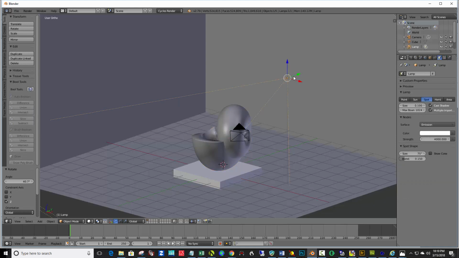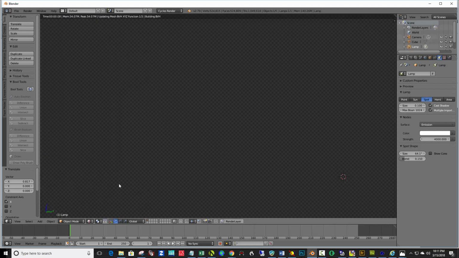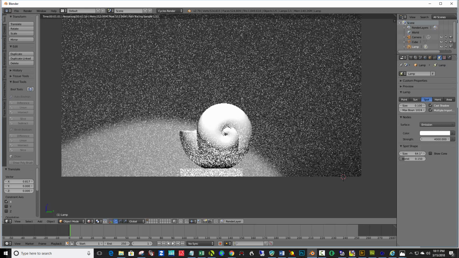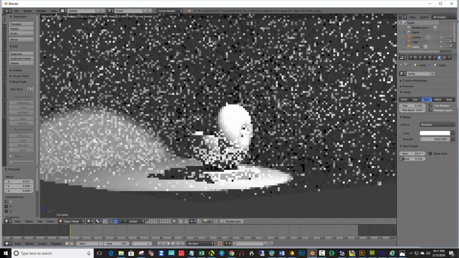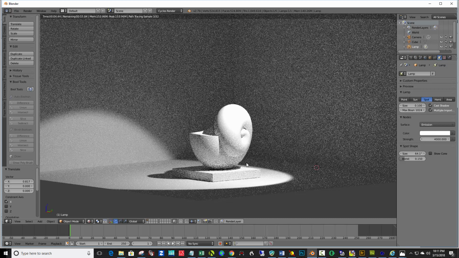And I'm going to move the spotlight up and away a little bit. And maybe reduce the cone here. Check it from this side, and it looks pretty good. So back to rendered. Okay, getting close now. So I'm going to go back to solid